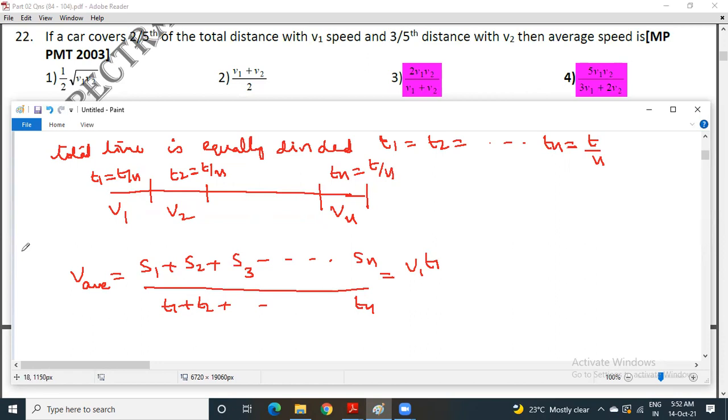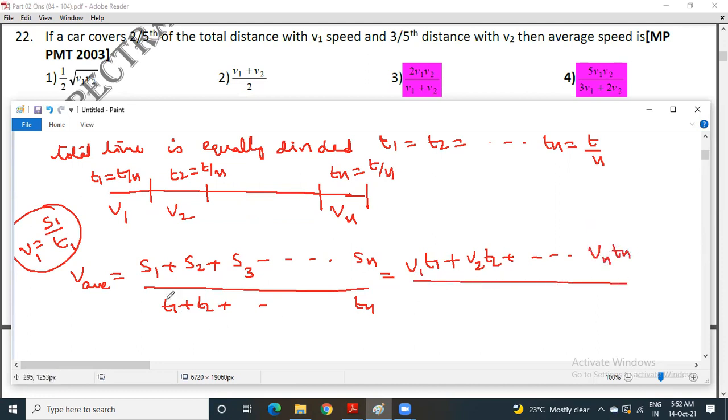Because speed is equal to distance by time. So when you talk about first part, V1 is the speed with which body is moving to cover a distance S1 in time T1. Similarly, S2 can be replaced with V2 and T2. So on. Sn can be replaced with Vn and Tn whole divided by T1, T2, so on, Tn